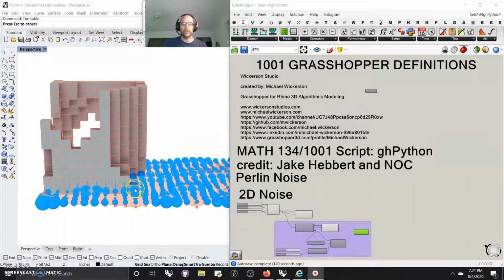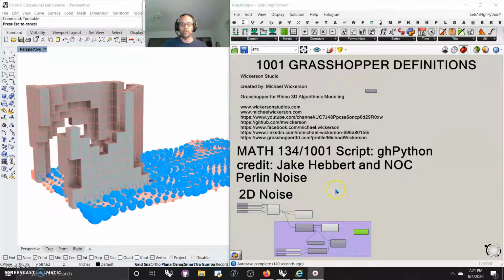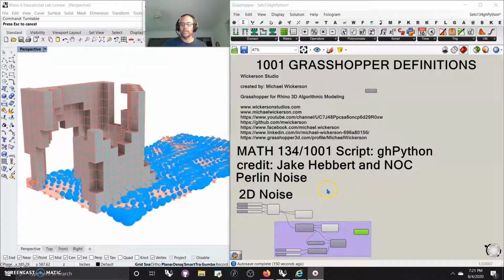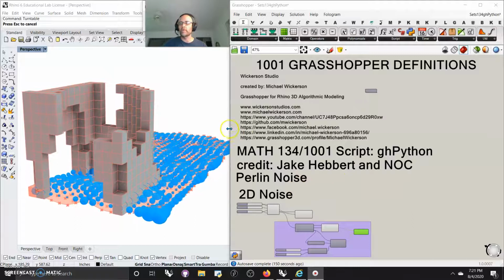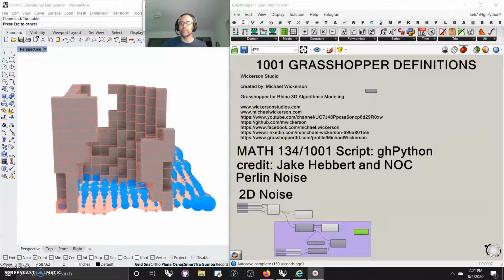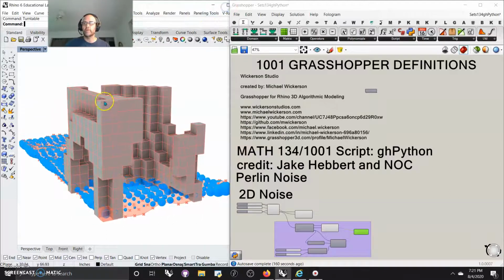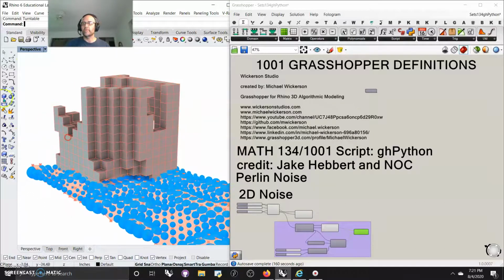Continuing right along with Jake Hebbert's relook at Nature of Code, he's looking at Perlin noise. And this one, I don't know how much I can walk through in 5 minutes. What's actually going on here? It's pretty absolutely incredible. So what I'm going to do is just turn off my turntable, take you into probably